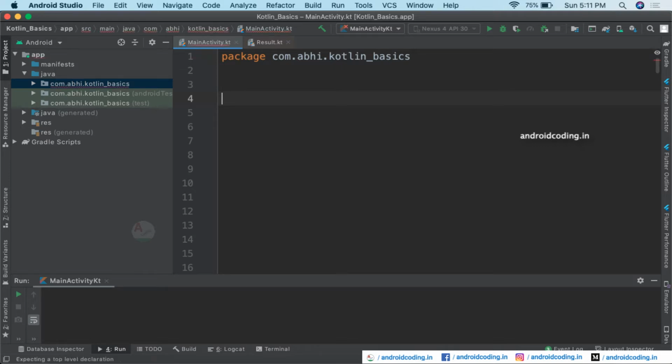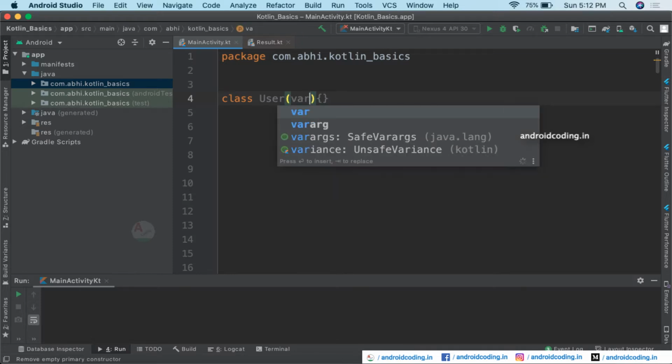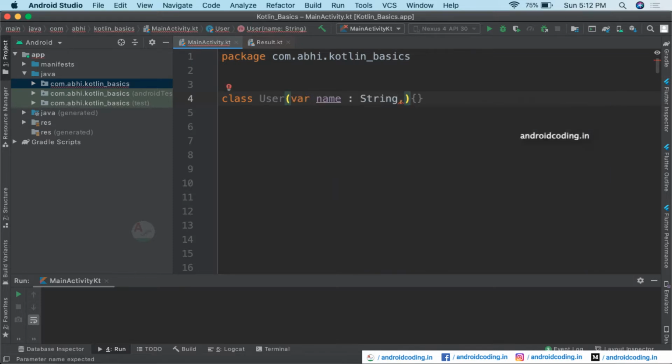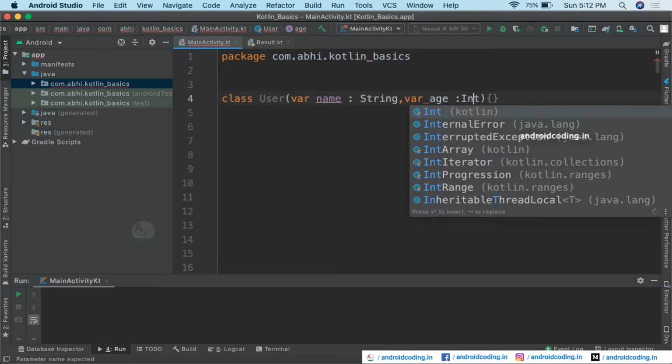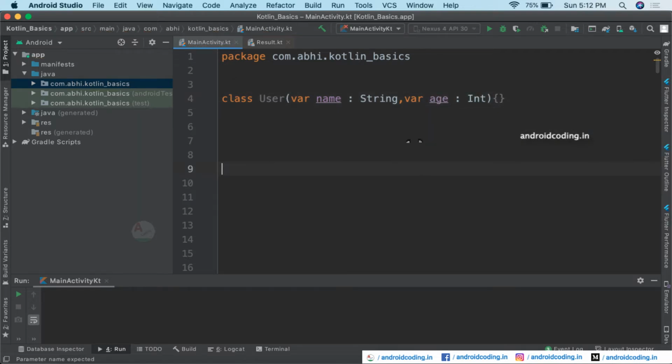throughout the application. So for example, let us try to create a class user, and here we are having a few parameters like name of type string and one more parameter age of type int. So we are having two parameters here, name and age, and also you can add a few more parameters.